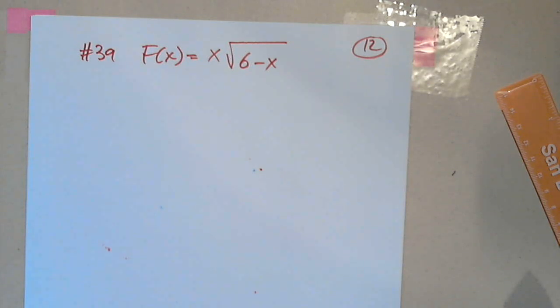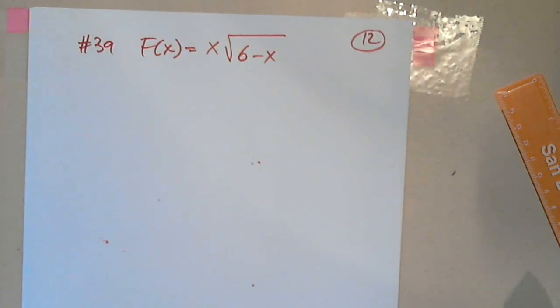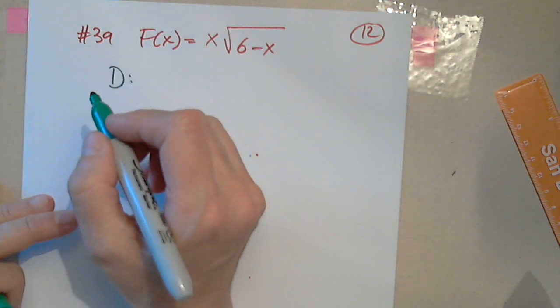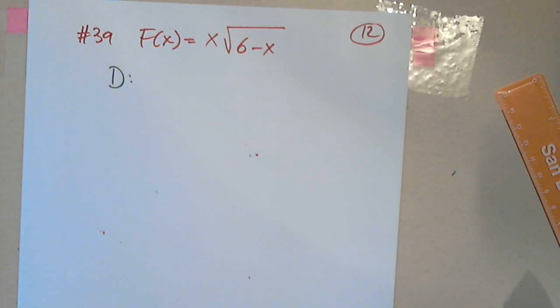I can put this book away. Okay. So we're asked everything the same: domain, first derivative, anything that we learned from the first derivative, second derivative, and the whole thing. So I do have to start with the domain. So what do I